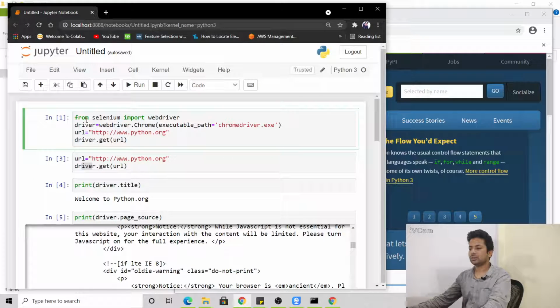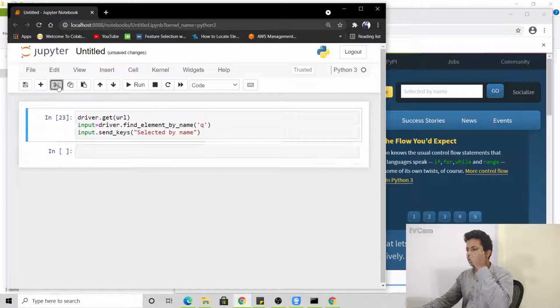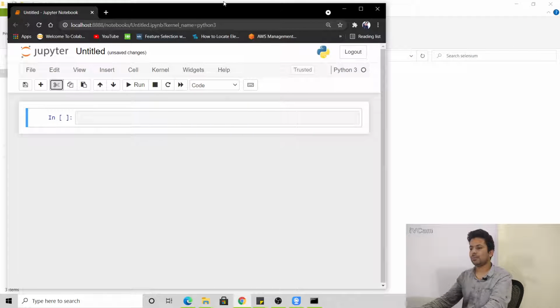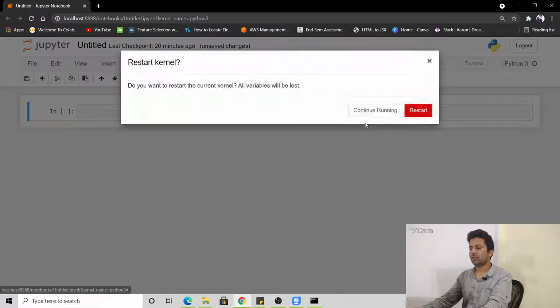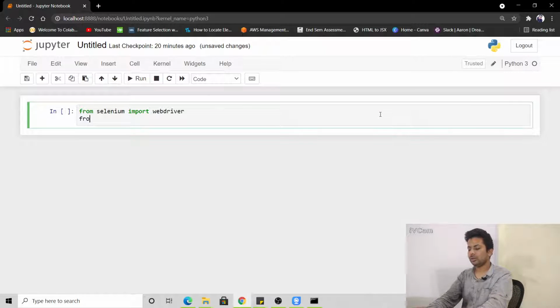Let me clear everything, and we'll write it anew. Kernel, restart. Again we'll say from Selenium import WebDriver. Now we'll say from selenium dot webdriver dot chrome dot options import Options.